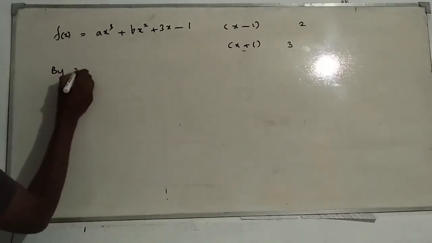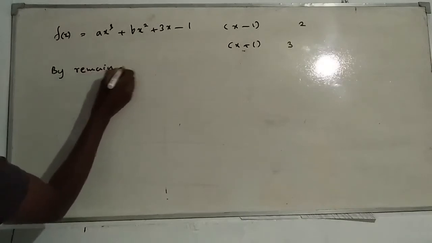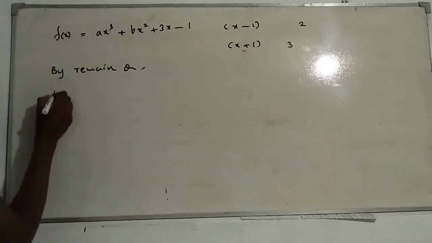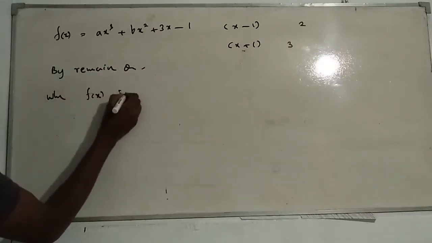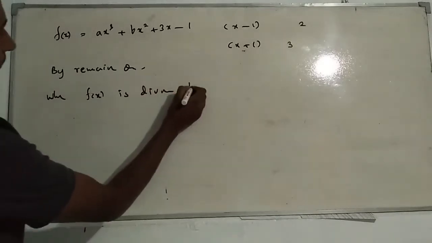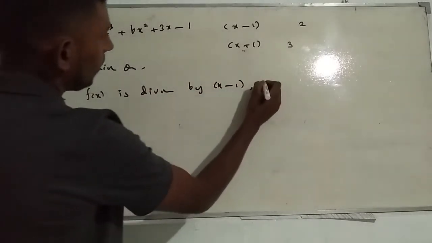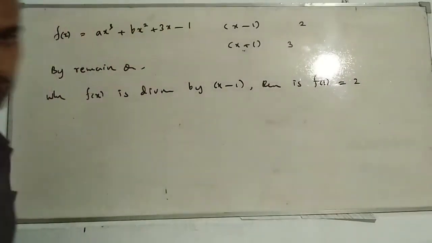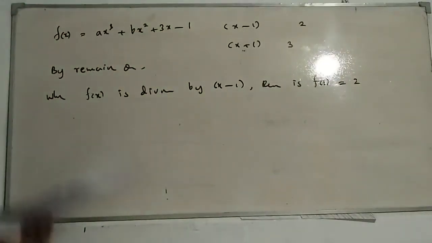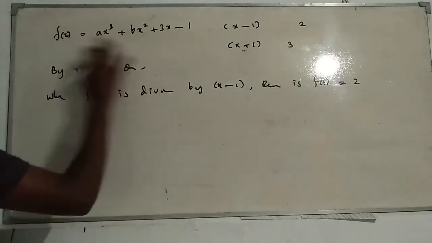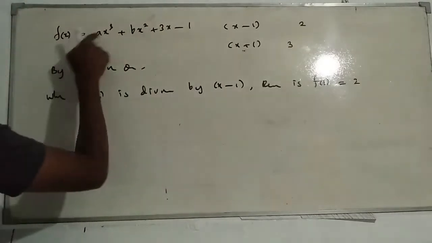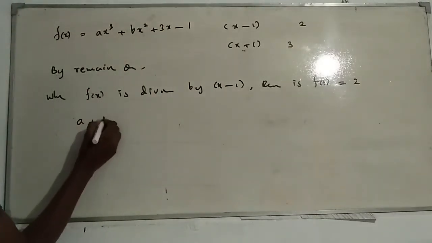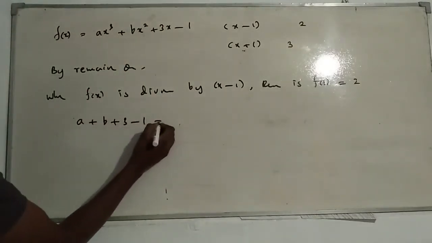By the remainder theorem, when f of x is divided by x minus 1, the remainder is f of 1. We have been given that when f of x is divided by x minus 1, the remainder is 2. Now I rewrite this equation like this: f of 1 is equal to a plus b plus 3 minus 1 is equal to